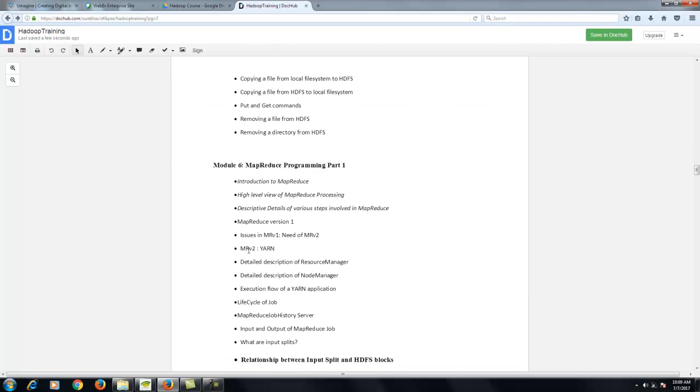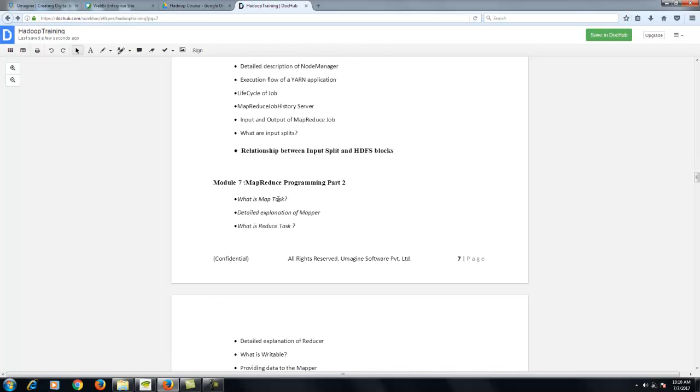Module 6 onwards will focus on the programming framework. We'll focus on the parallel programming framework called MapReduce. This programming framework was designed by Google to take care of parallel processing across a cluster of nodes. We'll talk about how we do it, what use cases we are able to solve through this, and what the benefits of this are.